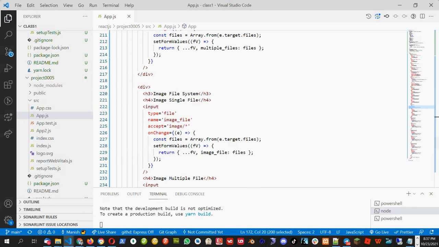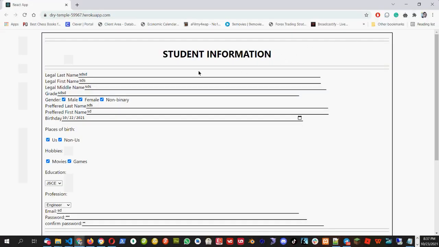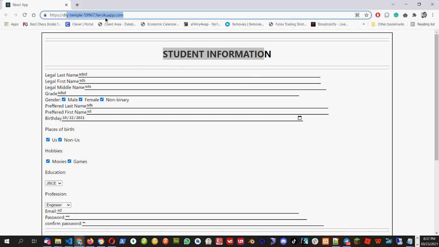So let's see. Only Ole has sent me the form which he has done. So let's see what he has done, and maybe I will give you some review on it. He created the student information. He uploaded it somewhere in the Heroku app. So maybe